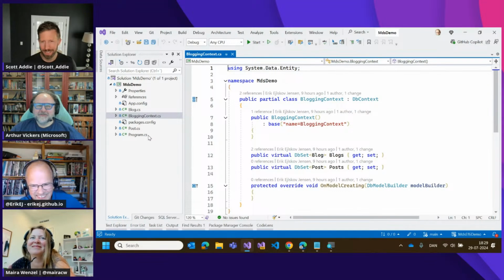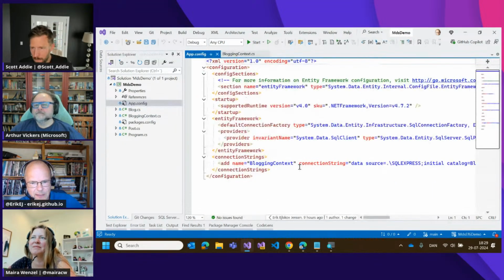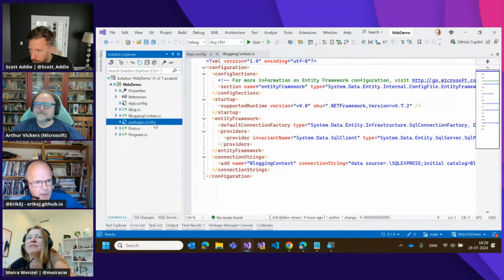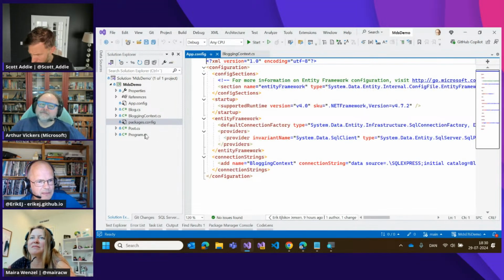And then we have this nice thing here that we can refer to a named connection string, and we have a classic app config file here, and we have a beautiful packages config file here. You can see our only dependency is EF 6.2. That's what the Visual Studio wizard gave me, but never mind.